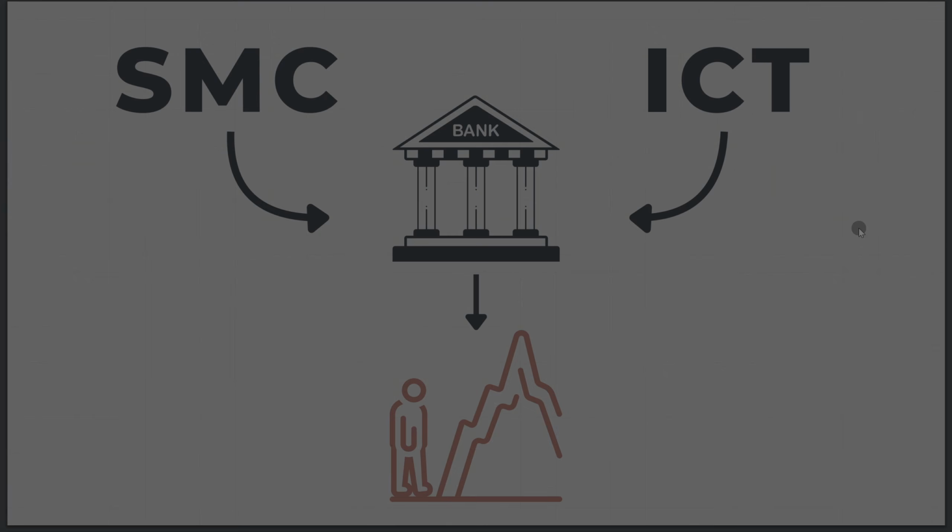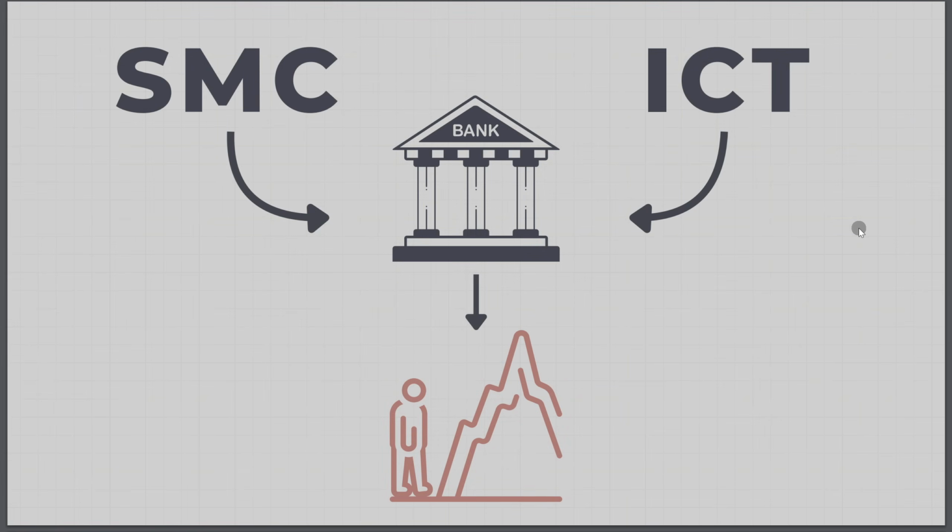There is a problem that most ICT and smart money concepts traders think that they trade like banks and institutions, because that's the way those concepts were advertised. But they realize, and that's the harsh truth after some time, that they're still retail and they still trade patterns. In this video, I'll show you why you're failing as a smart money or ICT trader, some of these smart money traps, and how to fix all of this and return to profitability.